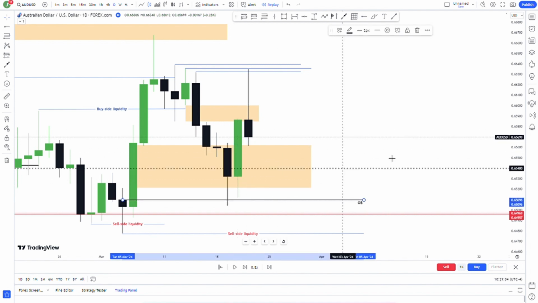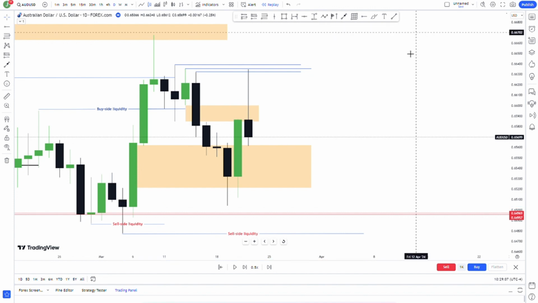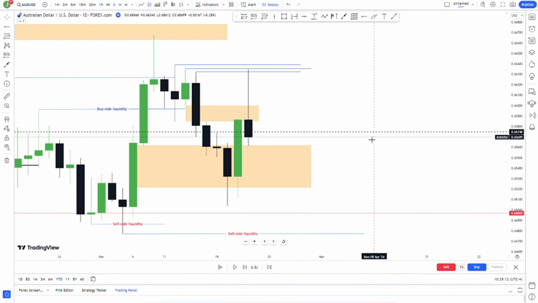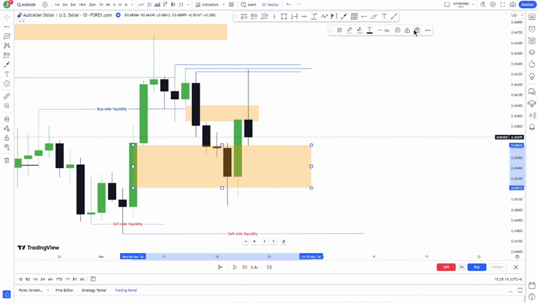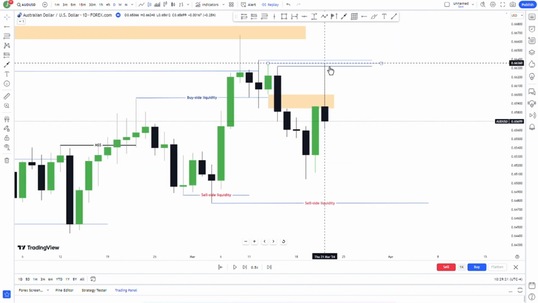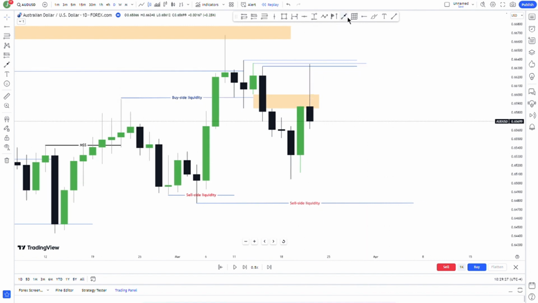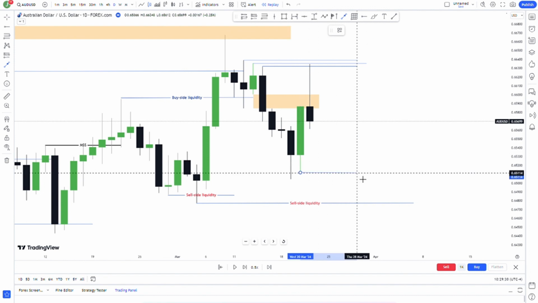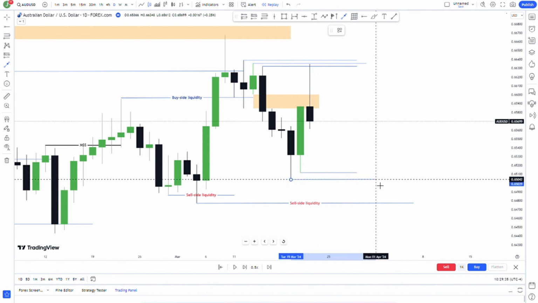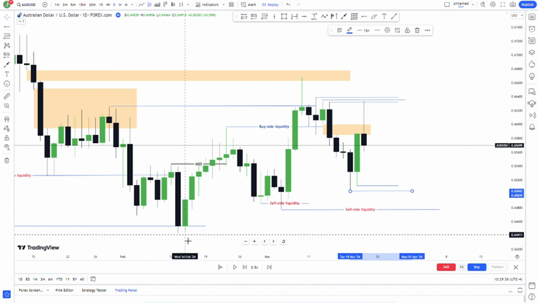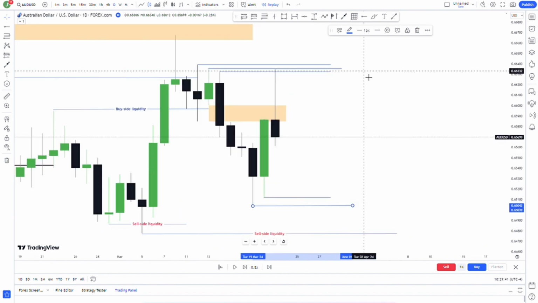Let me just remove the OB so that we can have a clearer chart. Alright, let me remove those. Let me also remove the fair value gap. Right, so the market rejected from here after trading through the buy side liquidity, and now our target would be this low, right, which is our sell side liquidity, this low, and ultimately this low, also these relative equal lows down here. So if we let the market play on,